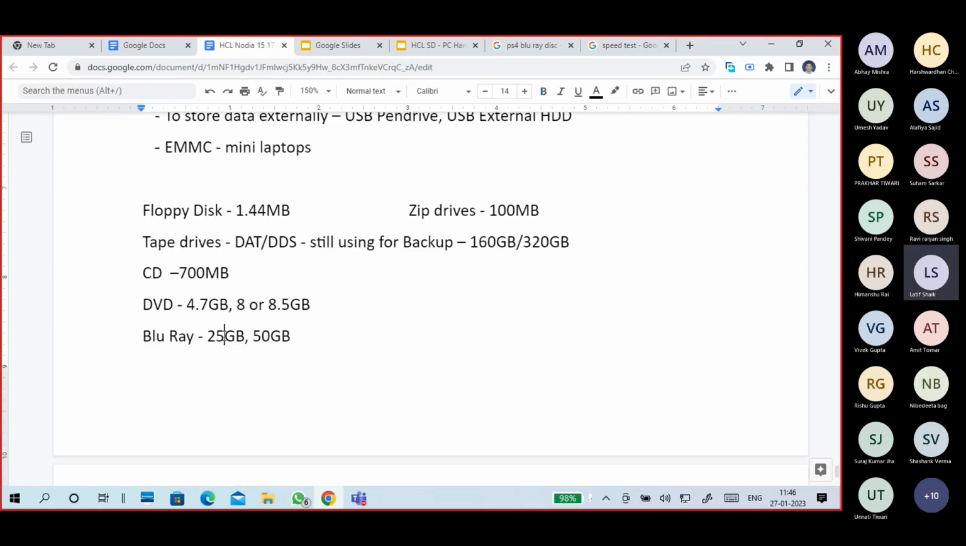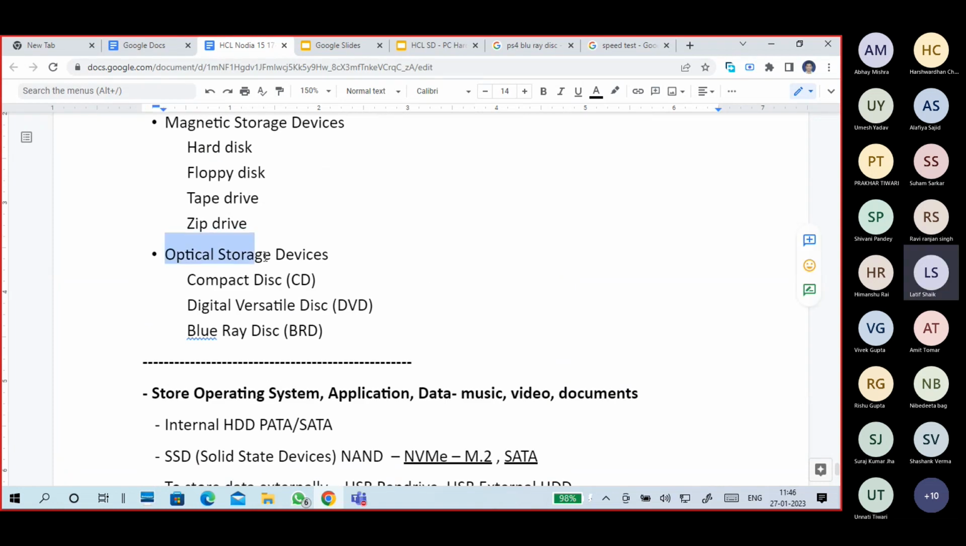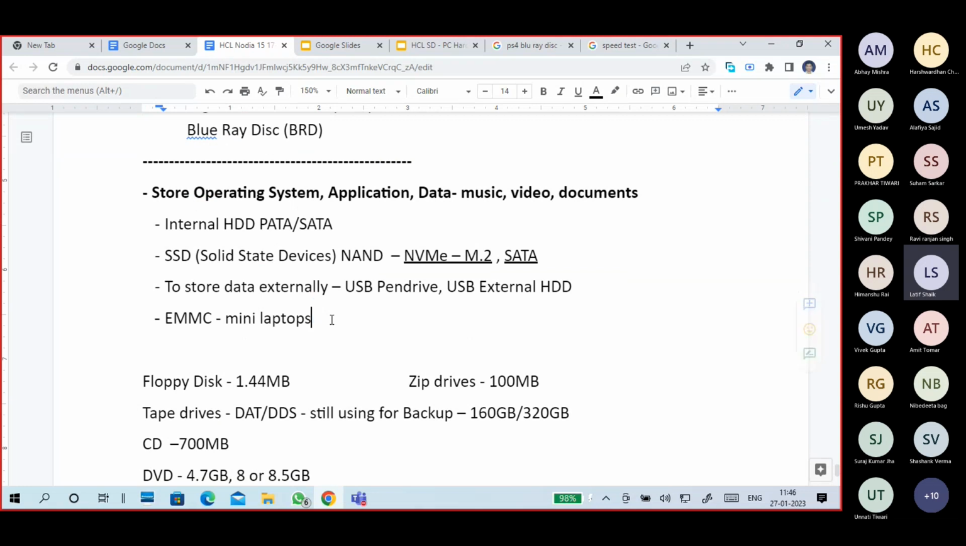But Blu-ray, these three are optical storage. These are the magnetic storage. Why I kept a hard disk separately, I will tell you. Okay. So